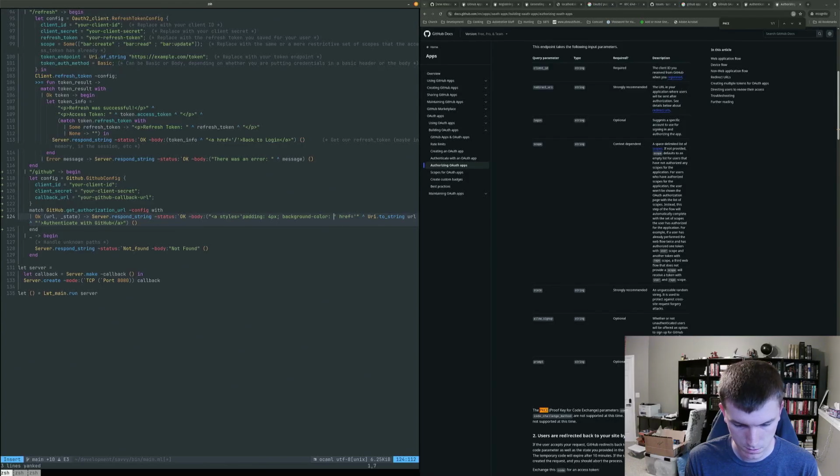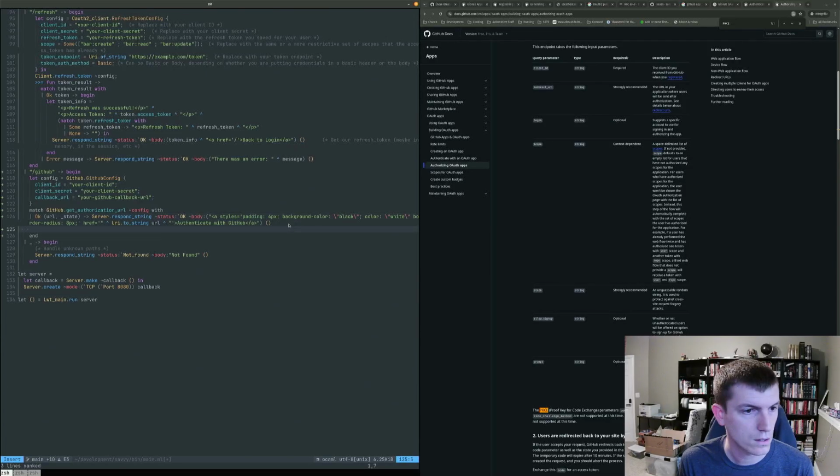I'm trying to remember if I need quotes. I think I do. Black. Color white. We want the text color to be white. Border radius 4 pixels. No, let's make it curvy. 8 pixels. That's fine. That'll work. And then we will handle the error case.